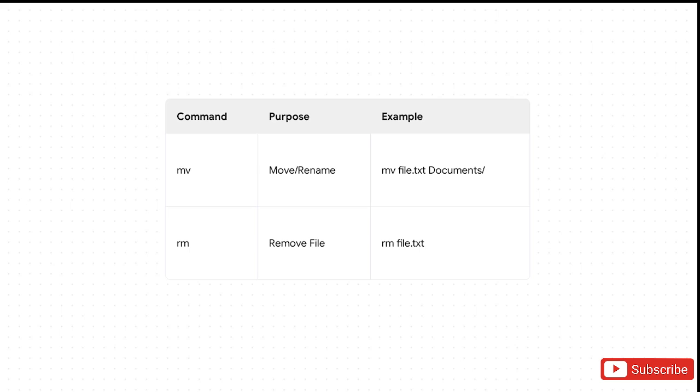You just move the file into a new name in that exact same location. Pretty slick. And finally, we have rm, standing for remove. Typing rm file.txt deletes the file, but lean in for a second, because I really need you to hear this